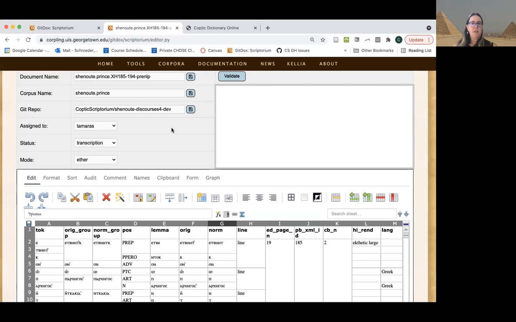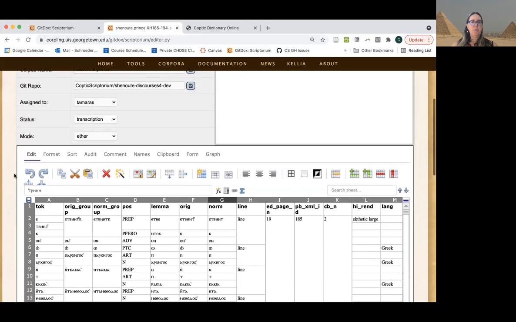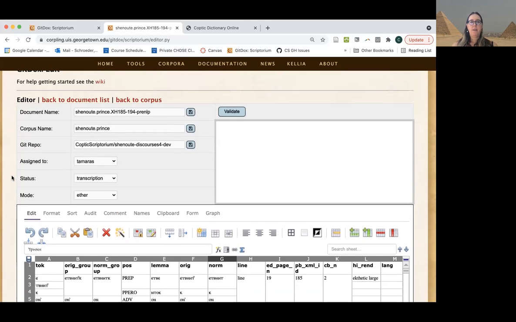Hi, this is a video about using the GitDox annotation environment for Coptic Scriptorium for very basic checking of word segmentation. So the very first thing I've done is